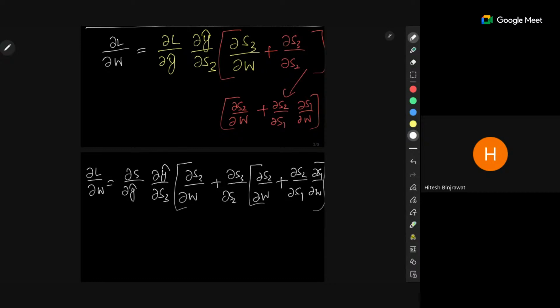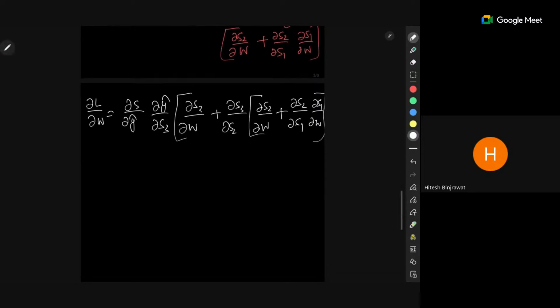So this is what you have to do for back propagating, and you can see if I do multiplication, I'll get